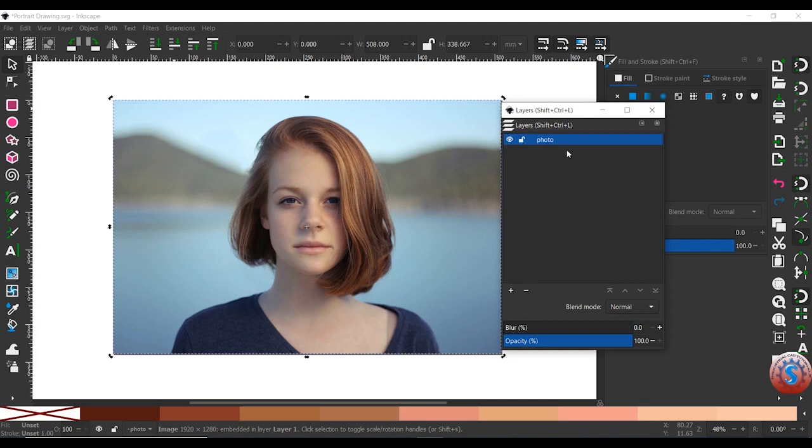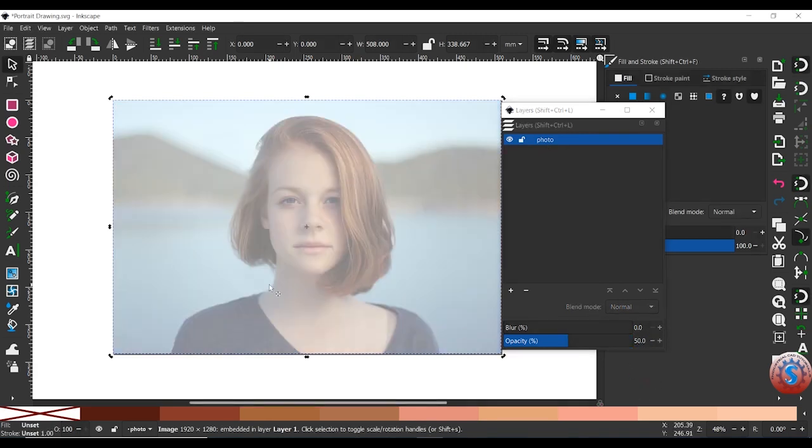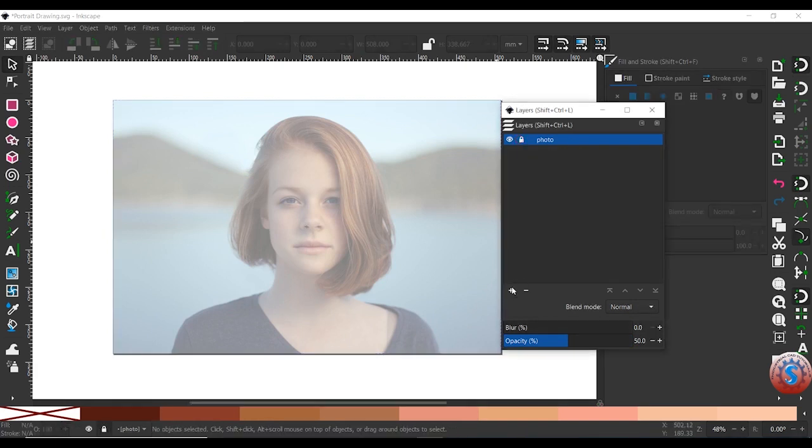I want to name it as photo to identify, and go into the photo option. You can observe this is called opacity. I'm giving the percentage as 50, same as in Illustrator. You can observe the 50%. It is somewhat less opacity. Click on the lock icon and go into the layer name of hair.